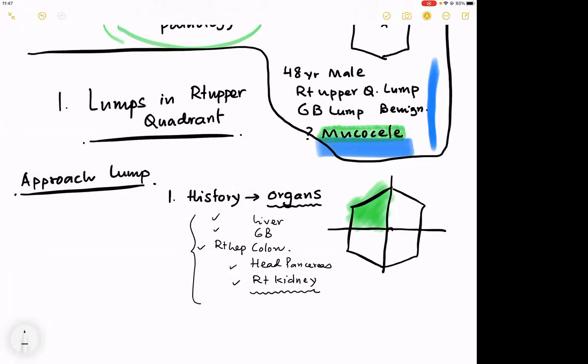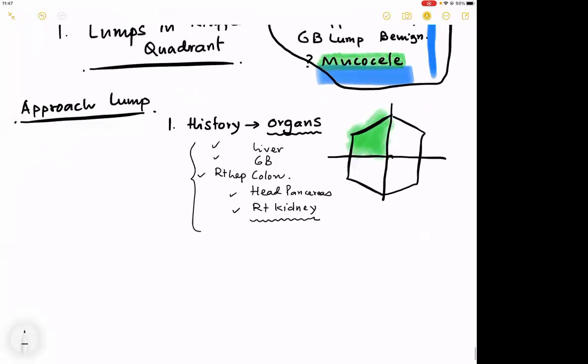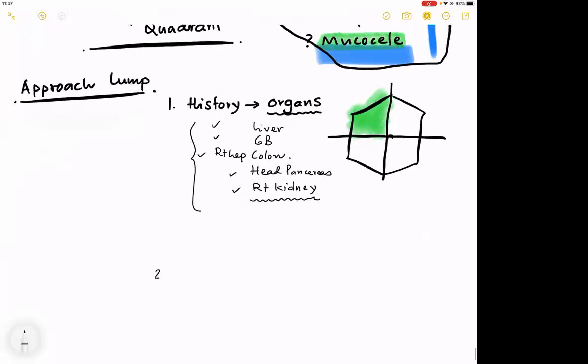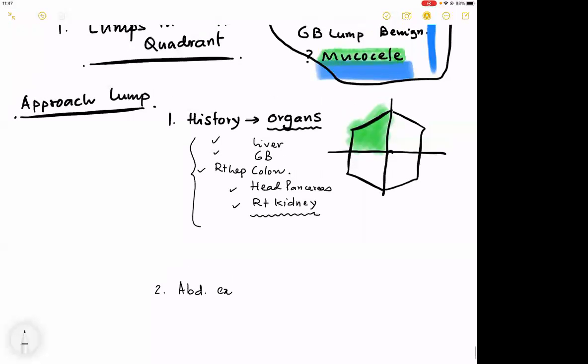Have I made the point clear, sir? Okay, so this is the history. After we have made the history, when you go for an abdomen examination, Sir, isn't the kidney a retroperitoneal organ, so will it have an abdominal lump? Sir, the abdomen has two parts, intraperitoneal and retroperitoneal. We're going to talk about that before we come to it. The first point is you have not touched the patient. You are taking a history.